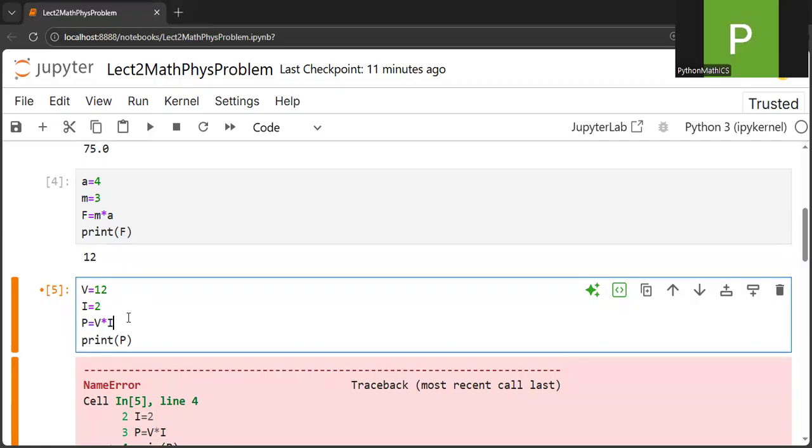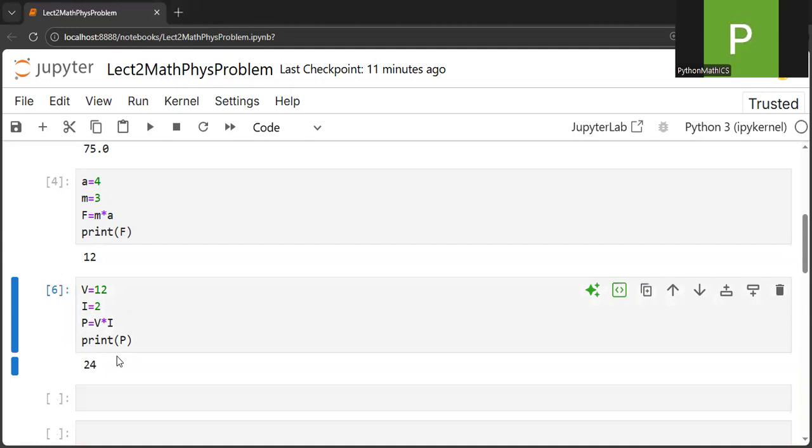Okay, now run it, and you see the result we receive is 24 watt. So these are a few examples telling you how you write physics or mathematics or any other subject or course formulas in Python, and you understand they are quite simple. If I summarize up to now, we are just giving values by ourselves, and Python is just doing the calculation. Now, what if I want the user